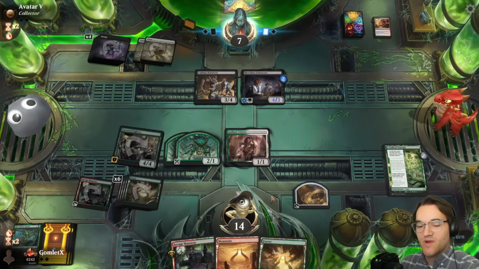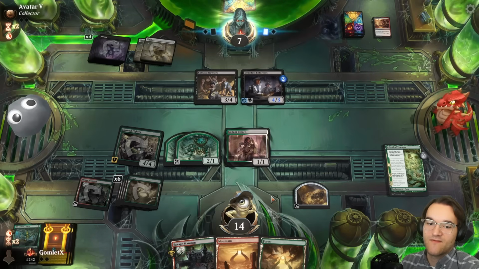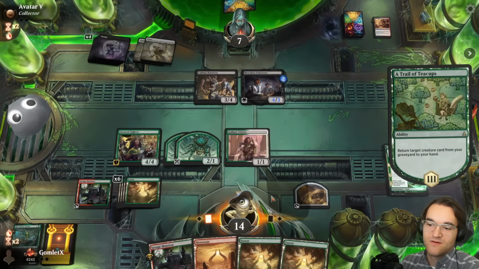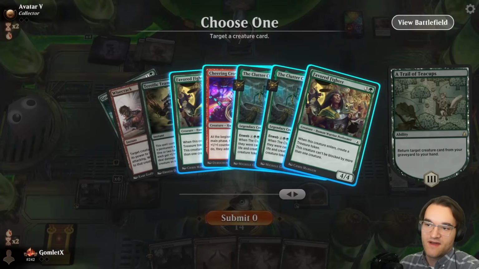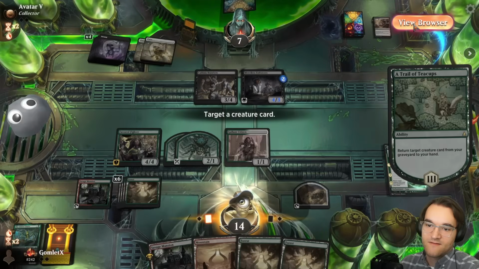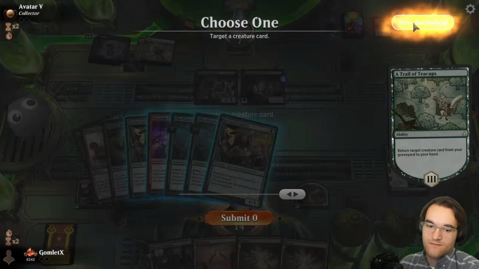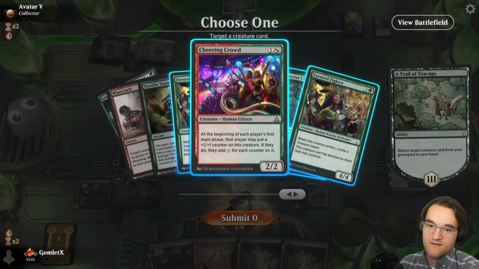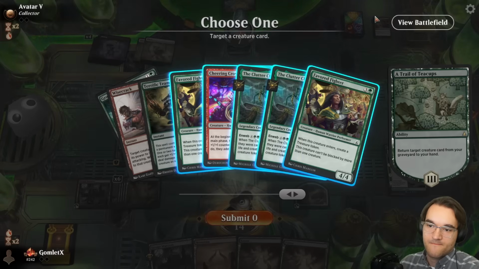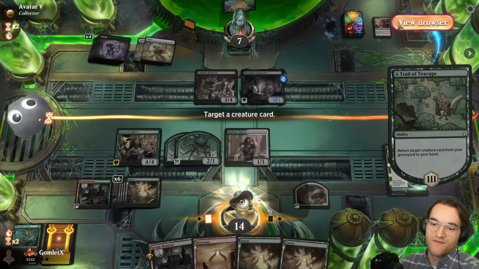However, if I pick up a Clutter Cluster, they have to trade off their 4-power lifelinker. Or they know that I get to unweb the Clutter Cluster with Favored Fighter, which they definitely don't want to happen here. Each player's first main phase. I could pick up another Favored Fighter